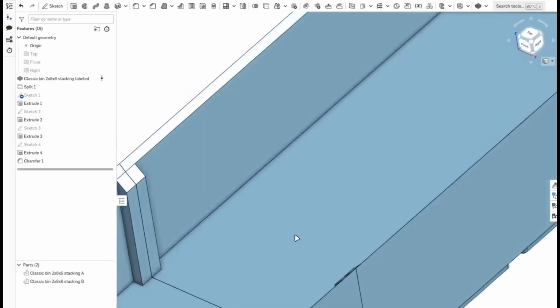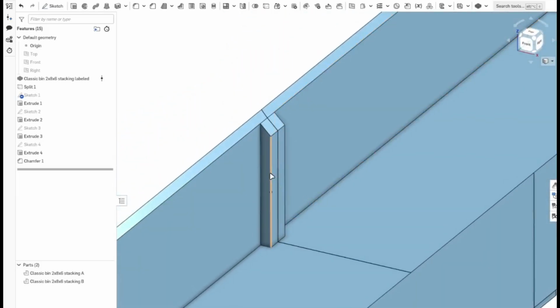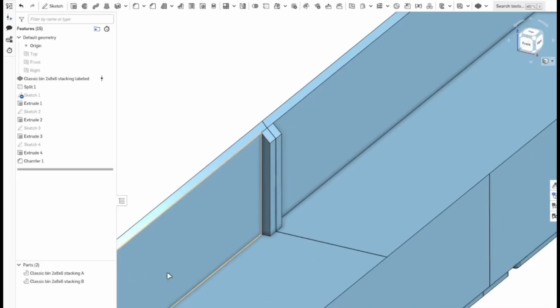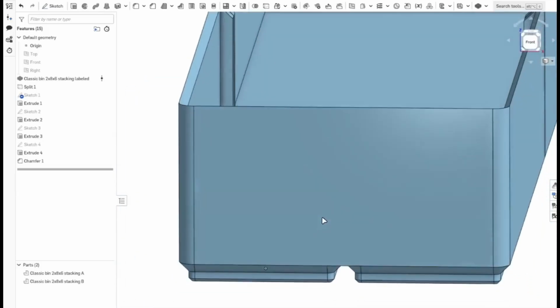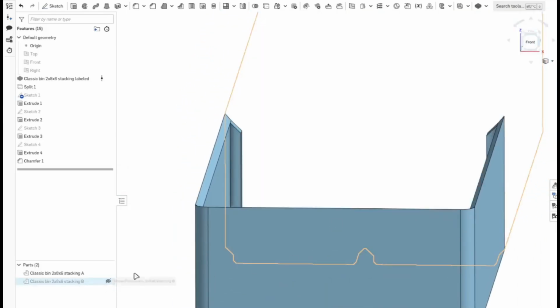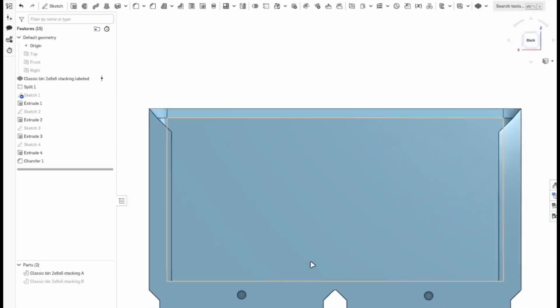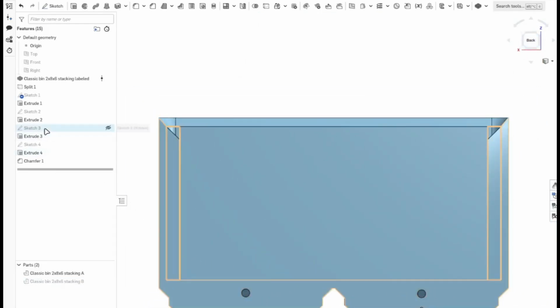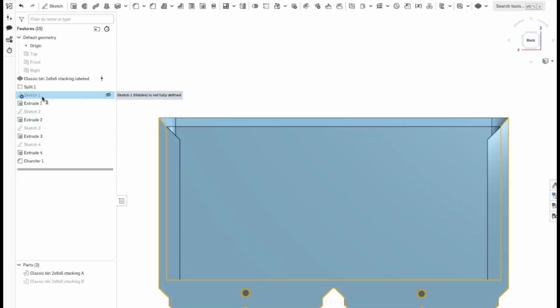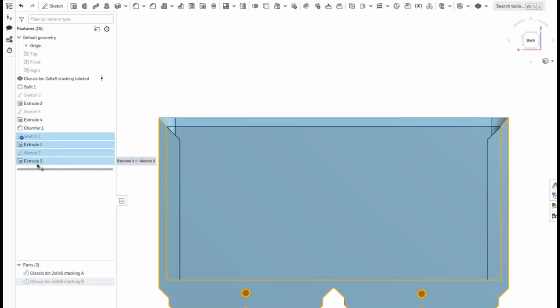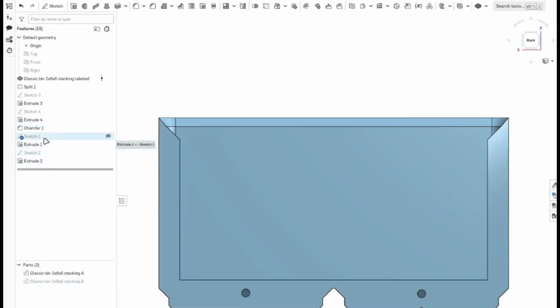And then what we can do is, we have to create holes over here so that we can put the leftover filament to join. So let's do the exercise now again. So we'll hide this B and we'll work on part A. Now we already have these holes over here, and this is on sketch 1. So from sketch 1, we'll select this, hold the shift key and select until extrude 2. So this will have sketch 1 and sketch 2 for both the sides, and we'll drag and drop it down under chamfer. So double click on sketch 1,